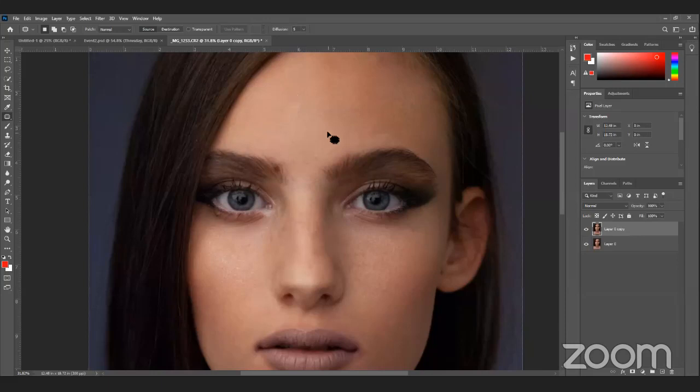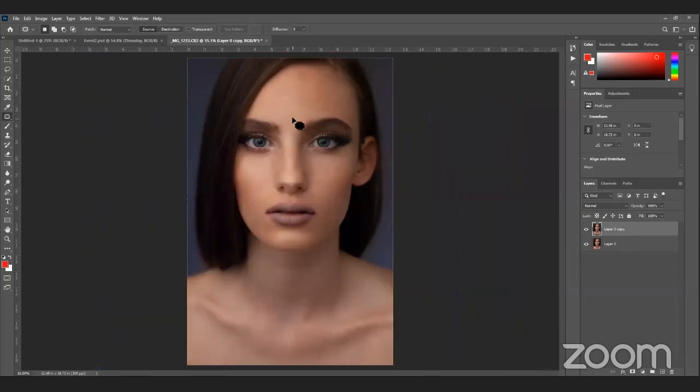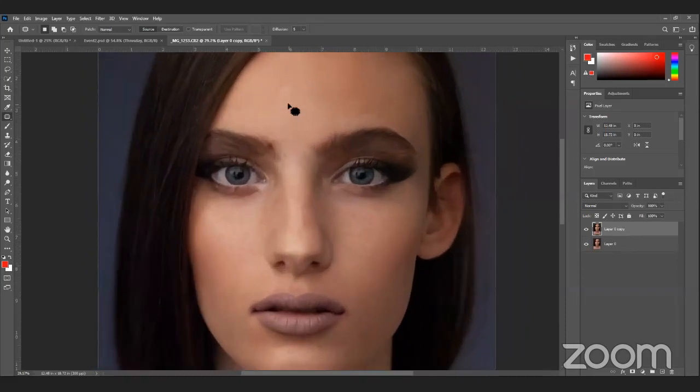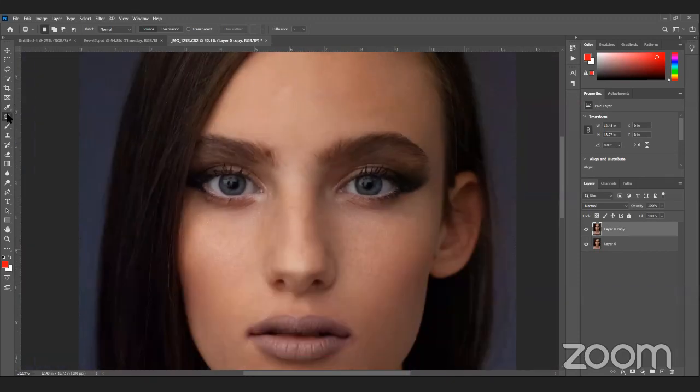Ctrl D, gone. Not that perfect, but better. You can always use the spot healing brush to remove that.